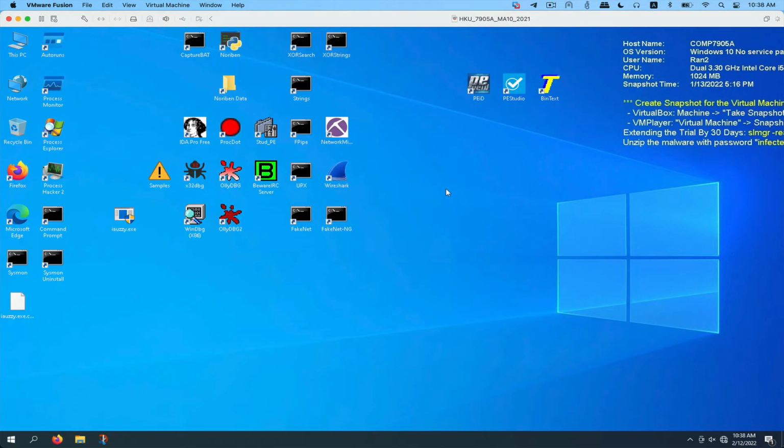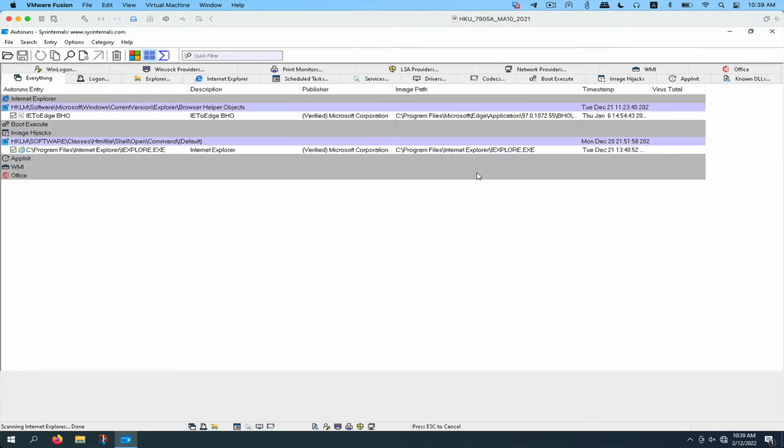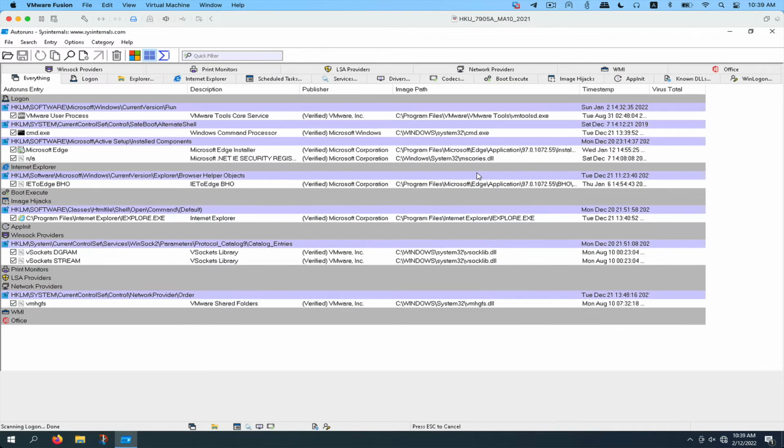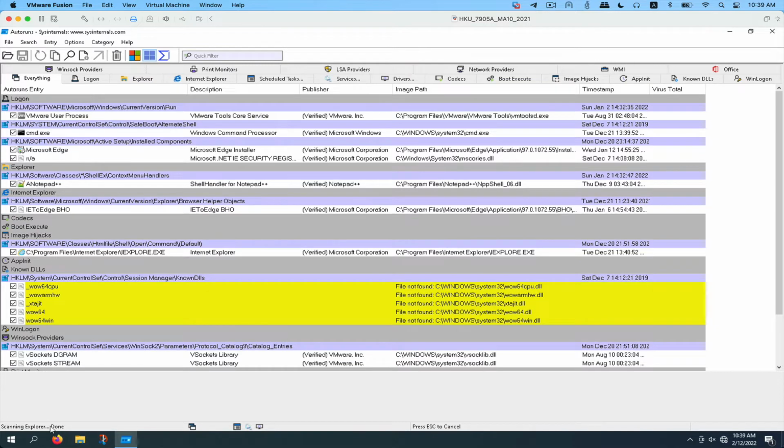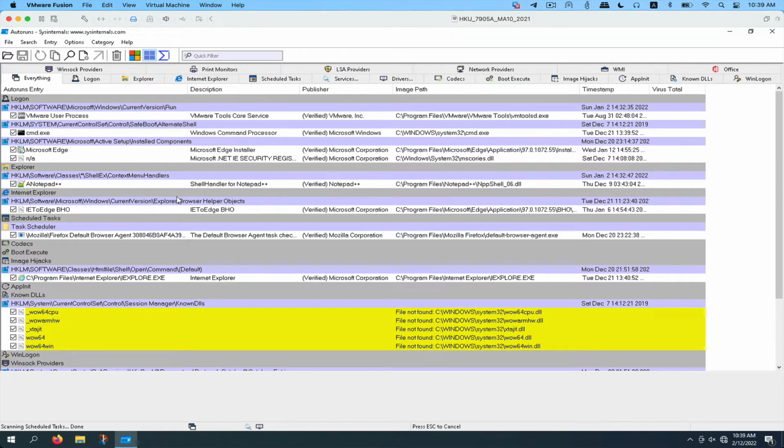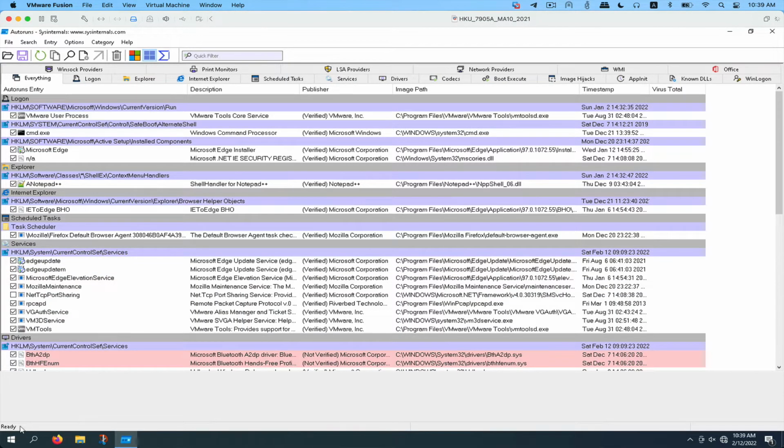So I'm showing you how to use the behavioral analysis tools. The first one is Autoruns. Autoruns helps you to take out the persistence mechanisms of the binary. So I double click Autoruns. It will scan all the persistence mechanisms currently in the system. So when it's ready,